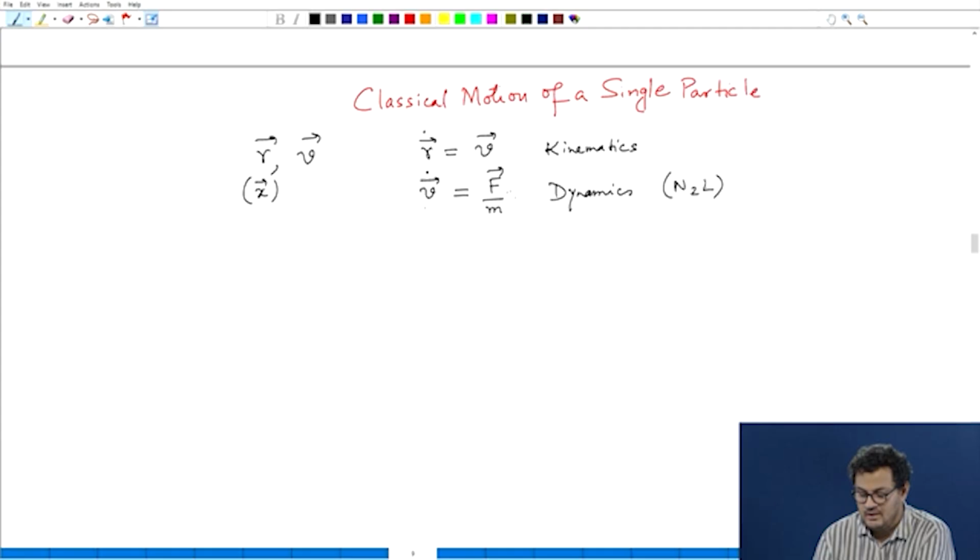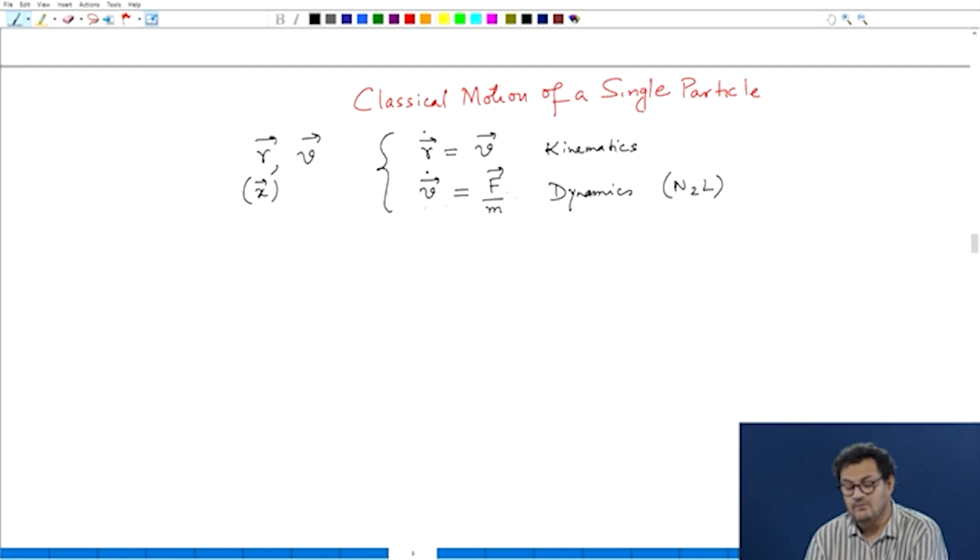So, this is the set of equations which we have to solve. This is a set of coupled first order ordinary differential equations, because there is no partial derivative, and of course, you can write in a more compact way, equivalently, r double dot is equal to f over m,